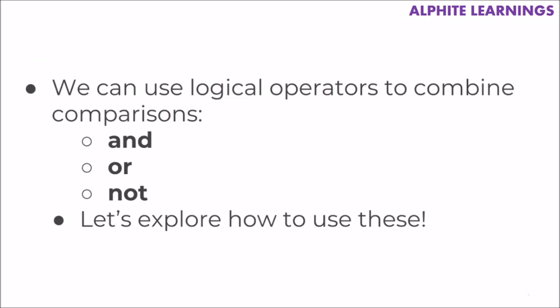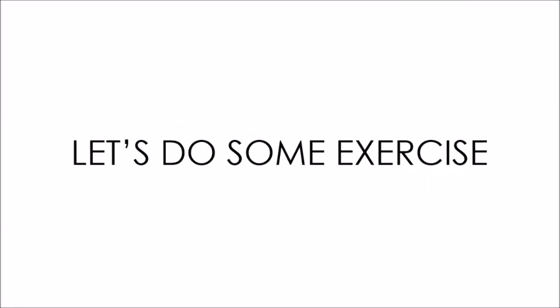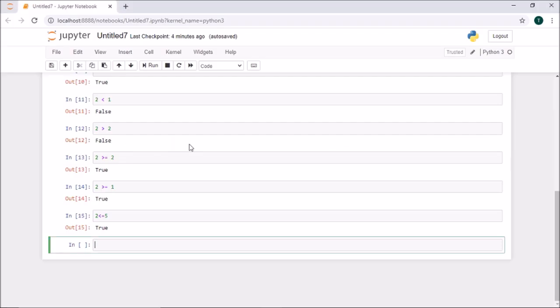We just saw the set of 6: equal to, not equal to, greater than, less than, greater than or equal to, less than or equal to. We just saw those 6, right? So we can combine them and use logical operators, which are nothing but and, or, not. Okay, so we'll do some exercises so that you will understand that. Before, we just took two values and compared them, right? Now we'll change the comparison operators so that we can combine multiple comparison operators and make it a chained one.